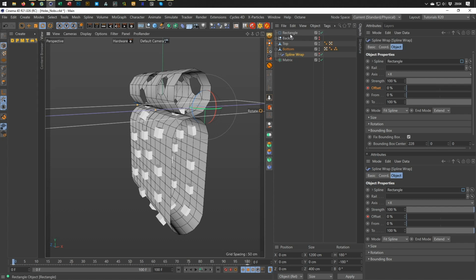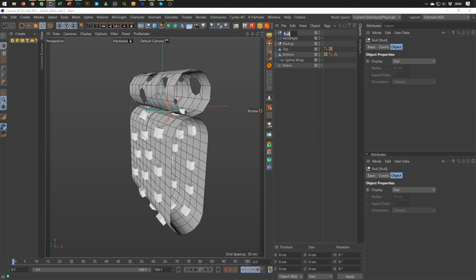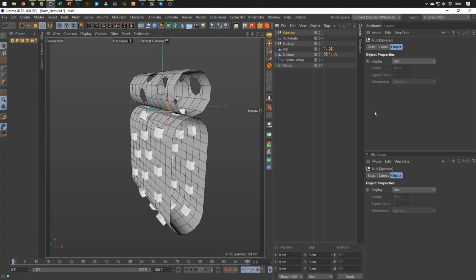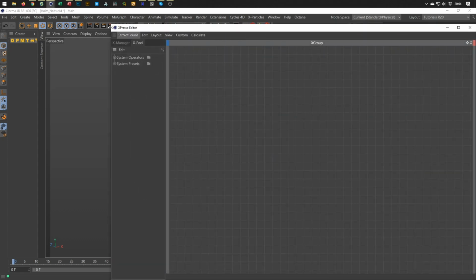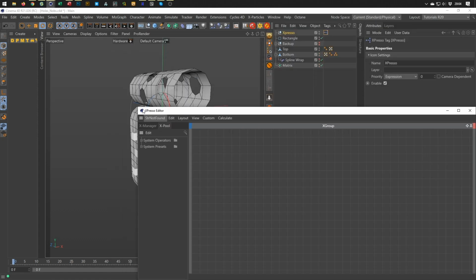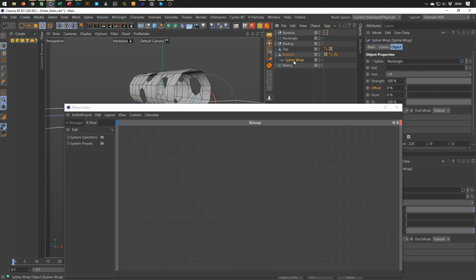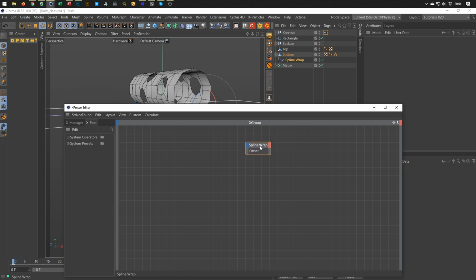So let's make a little Expresso here. Expresso, programming text, boing. Hello Expresso. Hello Nico. Good. We want this spline wrap here. Okay. We want the offset here. Okay. And